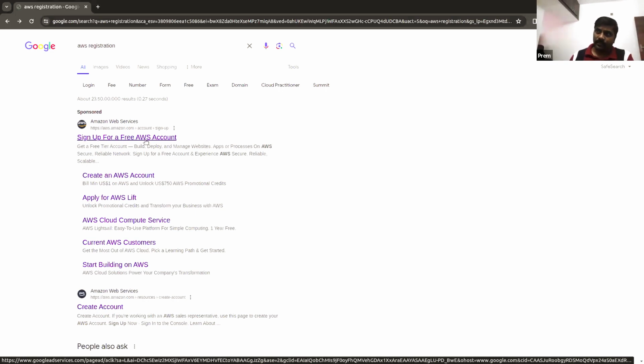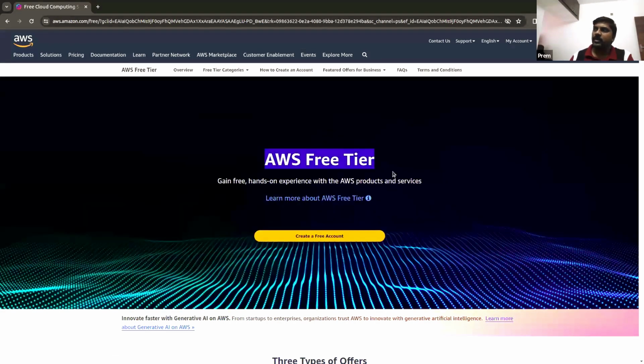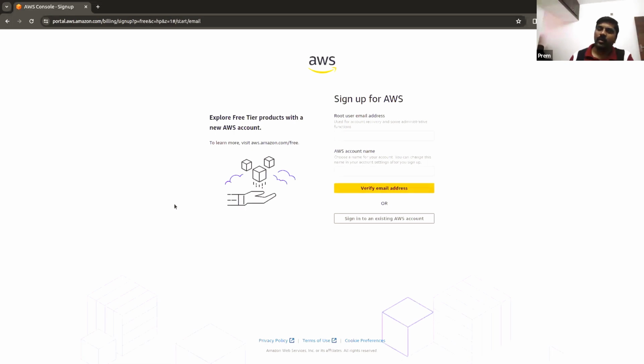There is a sign up form, and just go ahead and click on that. Here it says create an AWS account, and it says AWS provides a free tier. We will know about the free tier shortly, but here is where you need to create your free account. Whether you are going to use it or not, whether you will be developing anything or not, it doesn't matter. Go ahead and create one, and that is how you can explore.